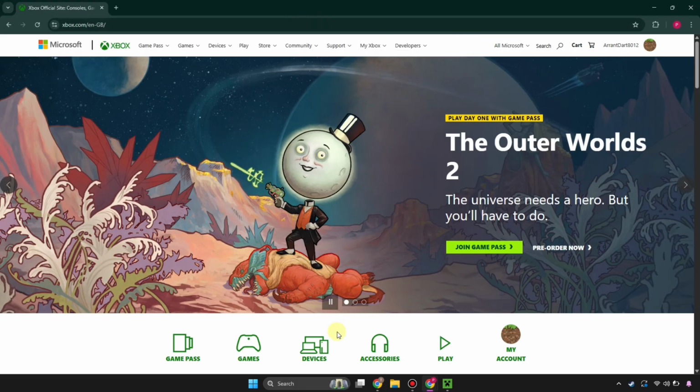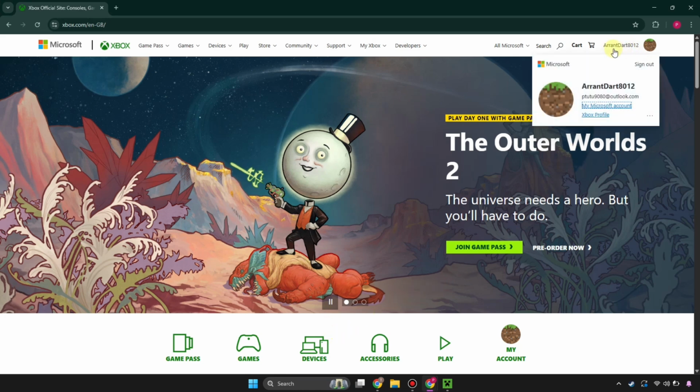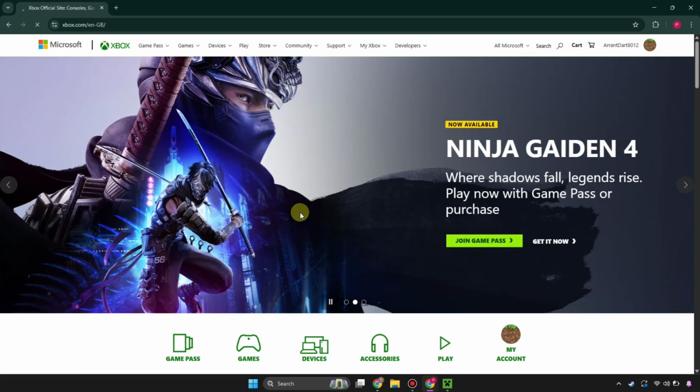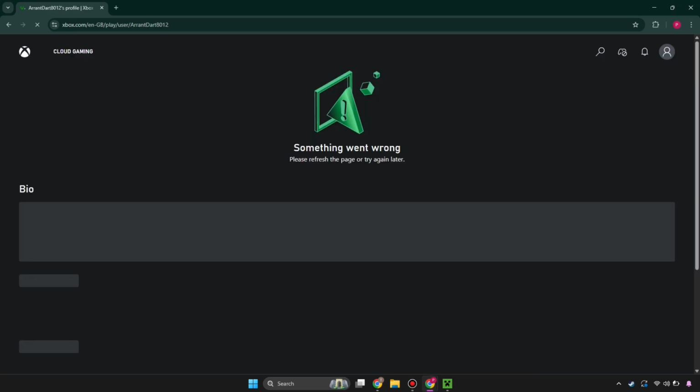After that it will take you to the Minecraft website where it will also ask you to sign in. So just simply sign in using your account, and then click on your profile option. After that it will take a while to load, and once the loading is done it will take you